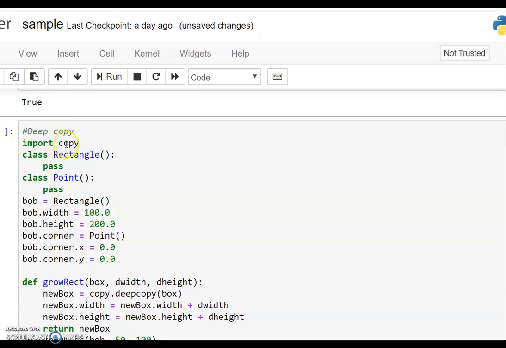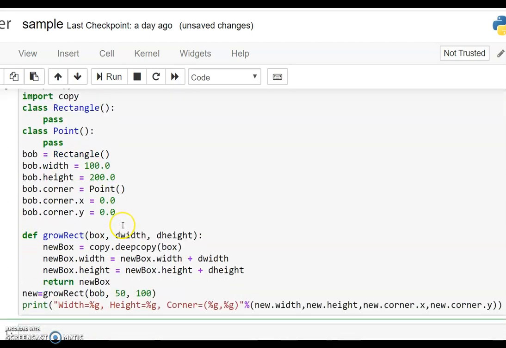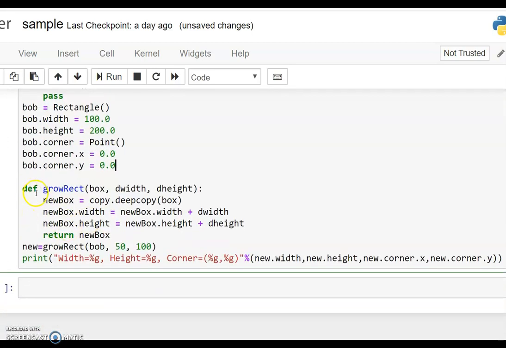We import the library copy. We create a class of rectangle and also a class of point, and we are creating an object of rectangle, and all the attributes of the rectangle have been assigned, and also we are assigning the corner value by using the object of type point. So we assign the corner values of the point to create a rectangle, and we have written a definition for